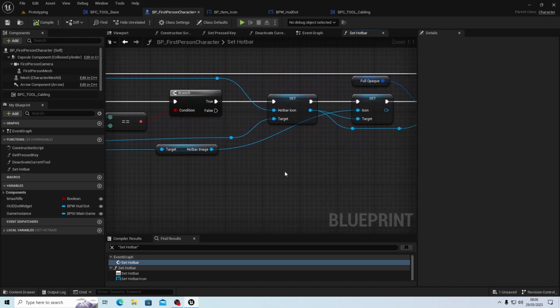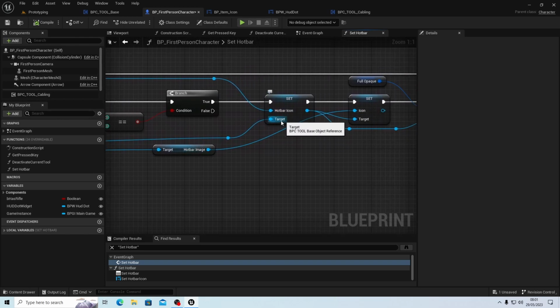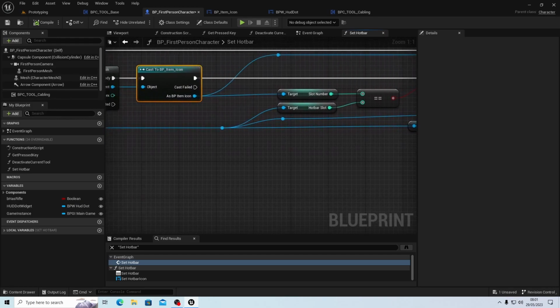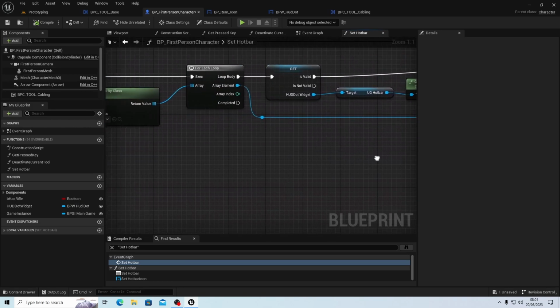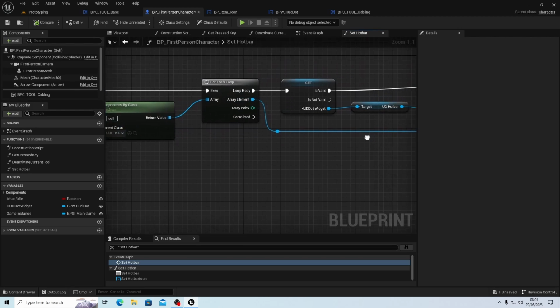Okay, so what it will do then, it then sets the icon to the image, the hotbar image, which again, we come all the way back to the beginning. We get it from our tool. So our tool comes along here, comes right to the